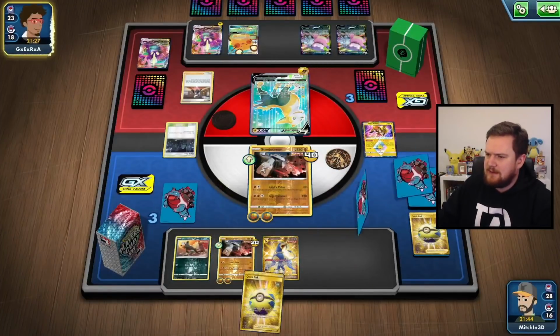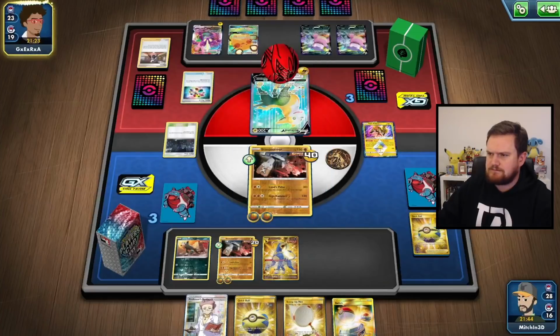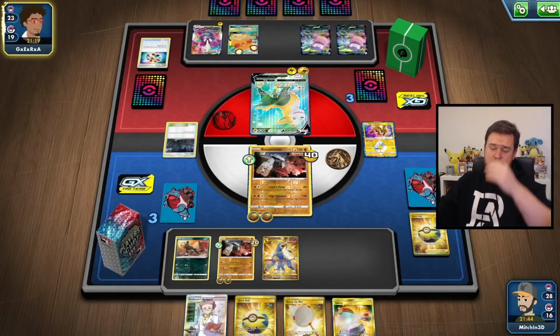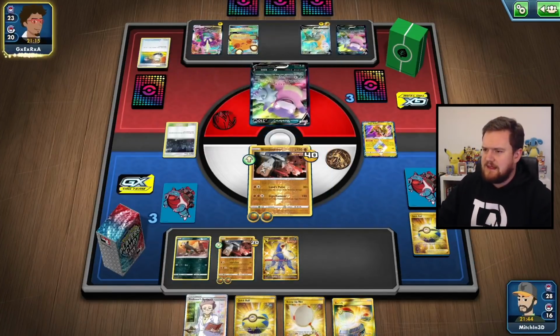How are they going to knock out my Stonjourner this turn? 3, 6, 9. They can just knock it out with Boltund, right? Yeah. With a Turbo Patch flip, yes they can, absolutely. Okay, so that's what's going to happen. They're going to Boltund me, and then